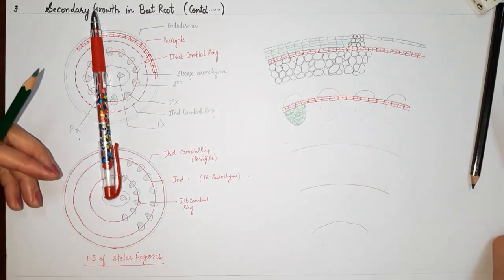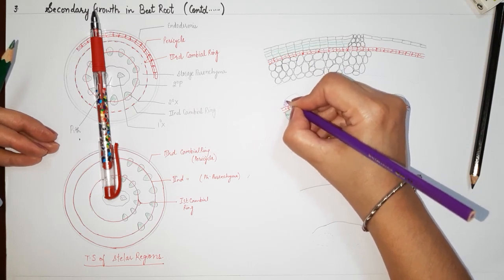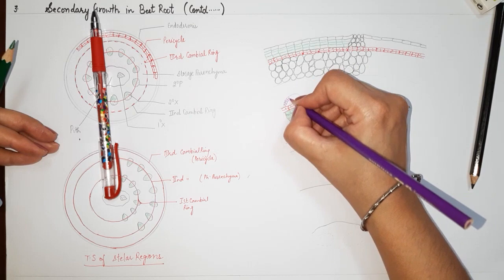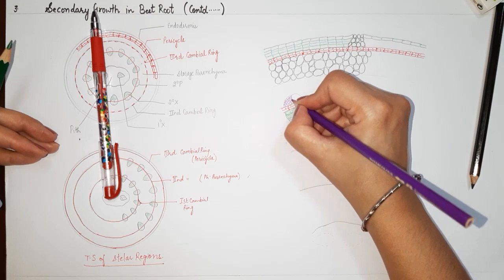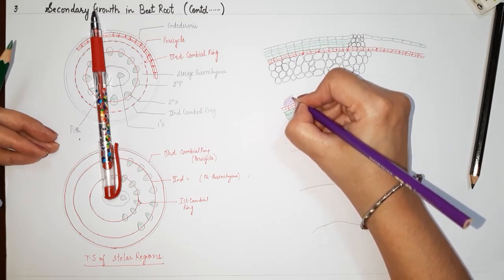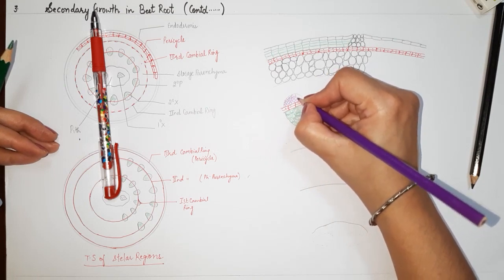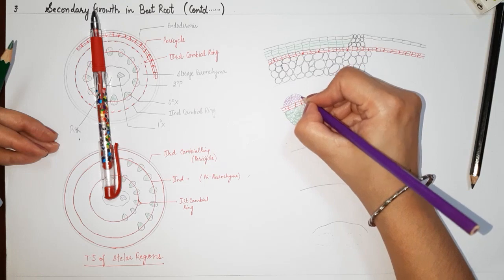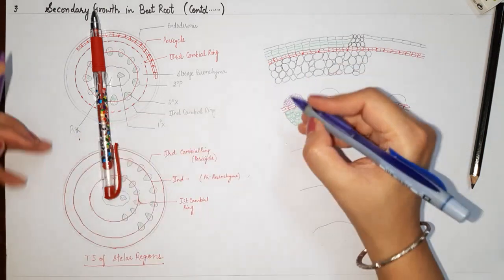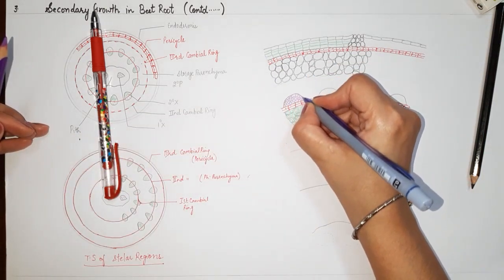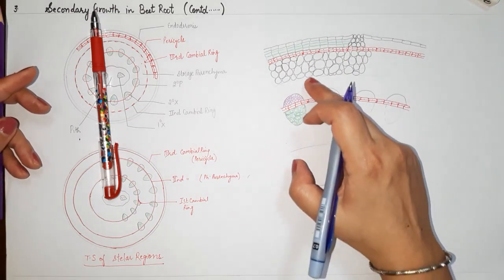And towards the outer side we have secondary phloem. Now the cells of secondary phloem should be the smallest of your diagram. Be careful, in your diagram they should look like the smallest cells. Okay, this is important because whenever we see the structure under the microscope, sometimes it's very difficult to locate phloem because the cells are very small. So smaller cells, and again show a defined boundary of this area also. This you will do with all the vascular bundles